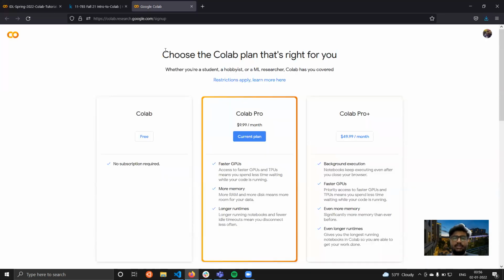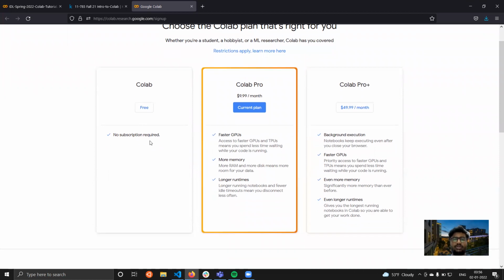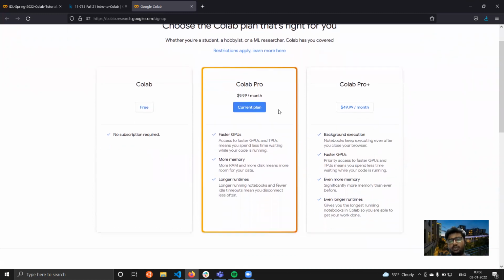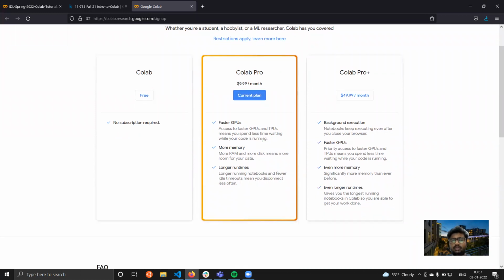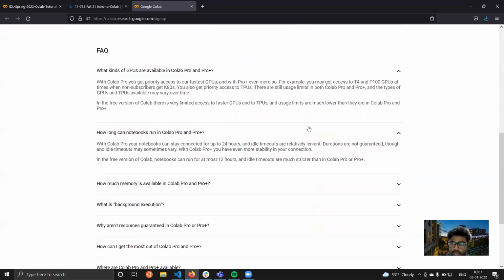And finally, Google Colab comes with a free tier. There is no subscription required. As long as you have a Google account, you can access the free tier of Colab readily. It also has a Pro version, which I strongly recommend. It is $10 per month, and it has faster GPUs, more memory, and longer run times. If you scroll down, you can see the differences with Colab Pro.